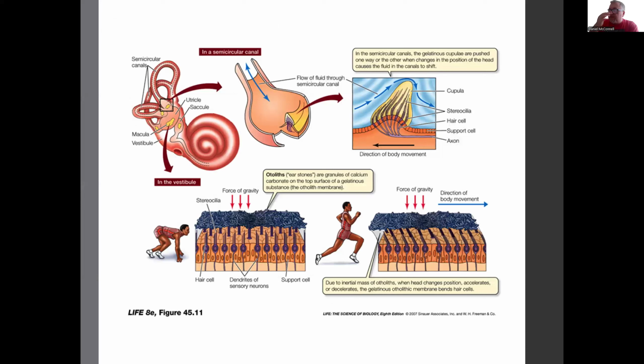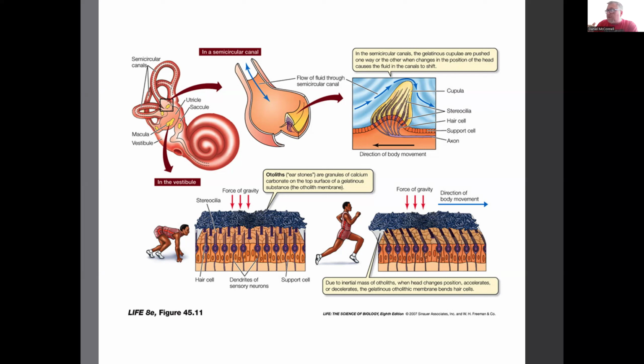Now, how do they work? I've already got the pictures here, right? So this is a picture that shows how the utricle and saccule work. We're seeing here that in the interior lining on the bottom of this image, the little hair cells that stick up and the otoliths cause these things to sink down and put pressure on the bottom of the utricle and saccule, landing on those hair cells that tell the brain that this person is